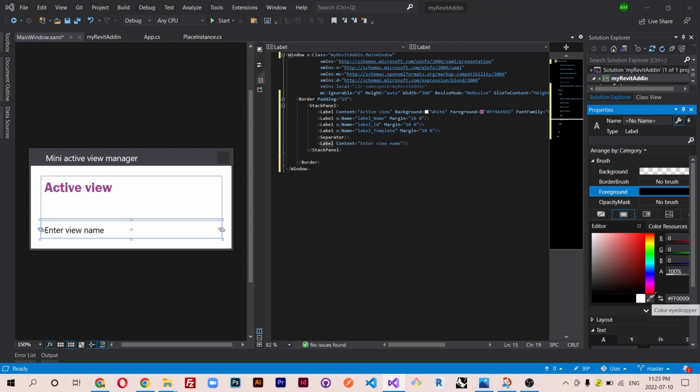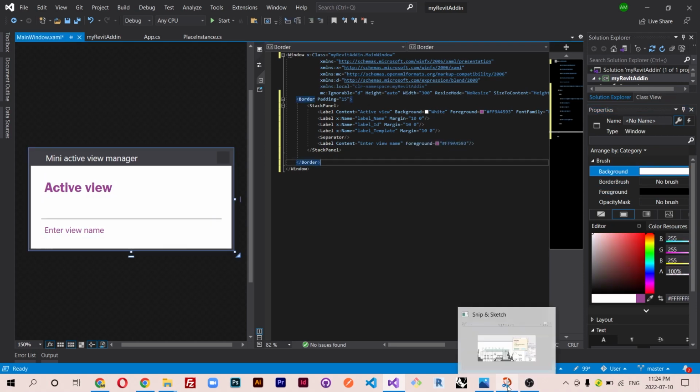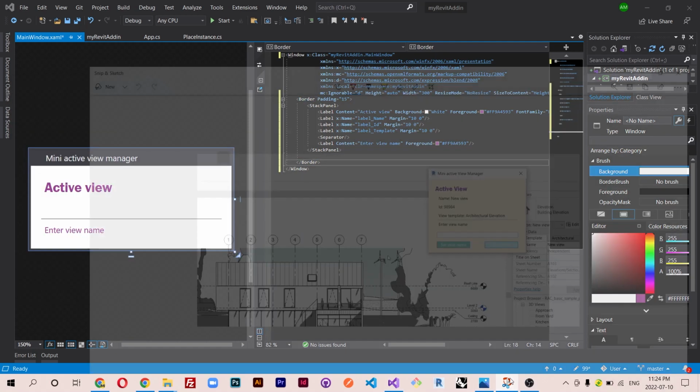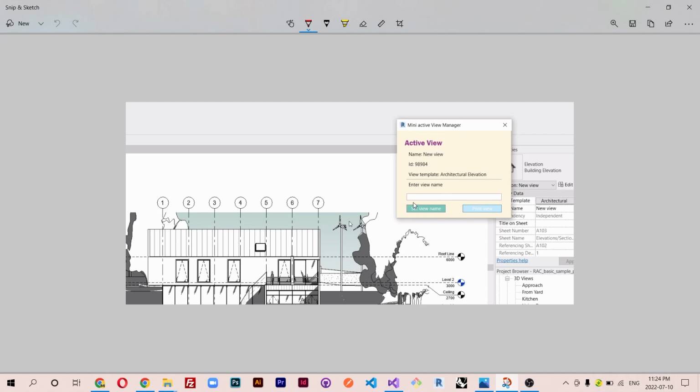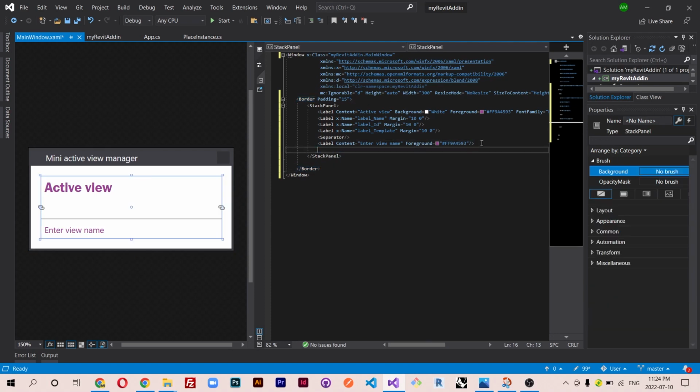This is the foreground color, and let's pick this color one more time. Great. So now we have the first part of our window, not this one, so we have this part. Now we can add this, which is a text box. So inside my stack, I'm going to add a text box, and in here I'm going to